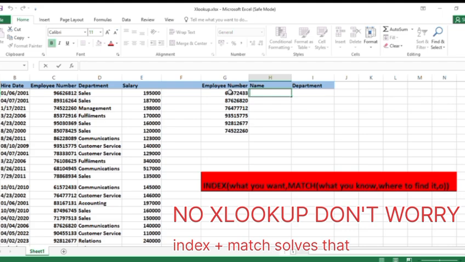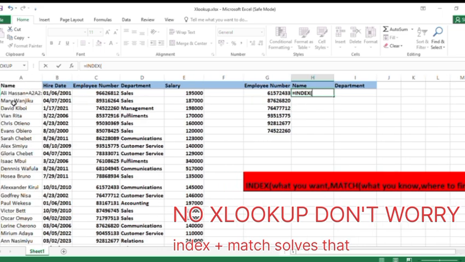First, let's return the name. So type this formula in H2. Press the equal sign, then say INDEX, then press on column A where the names are, comma, then press MATCH. Just write MATCH on your keyboard, then open the bracket,